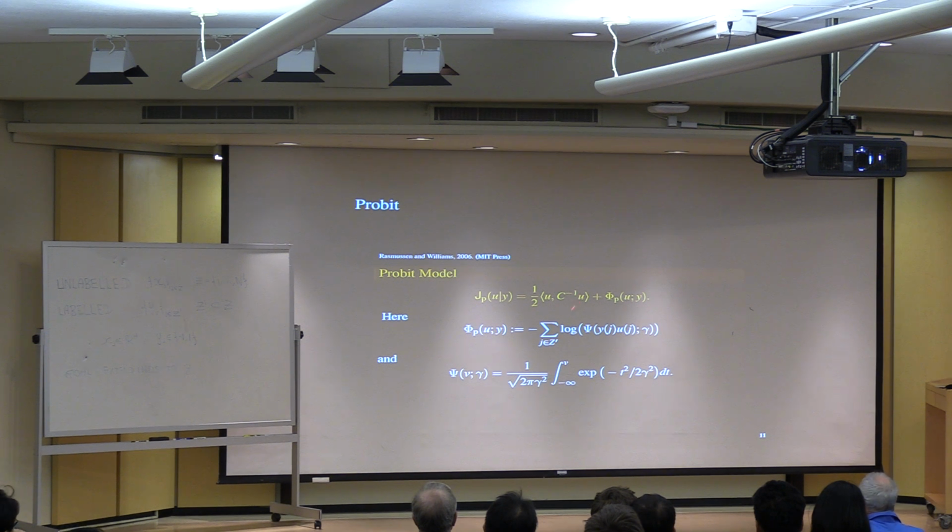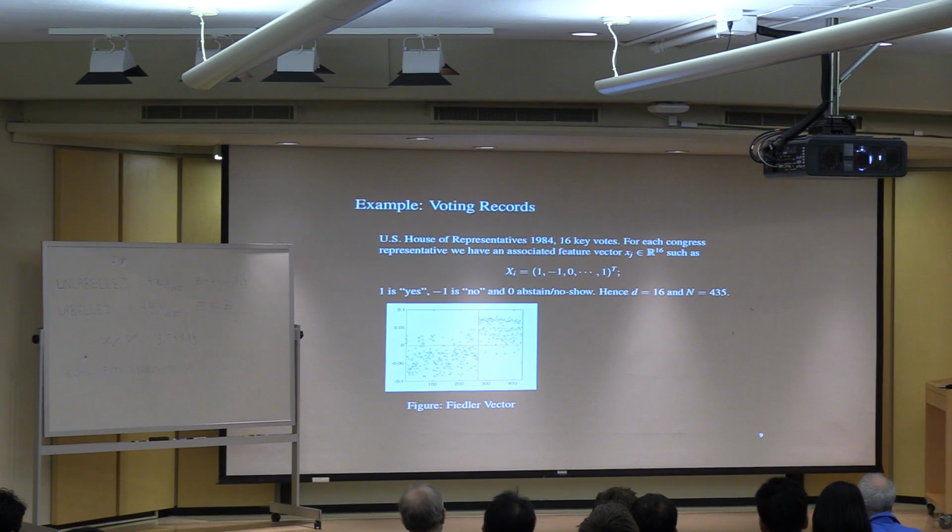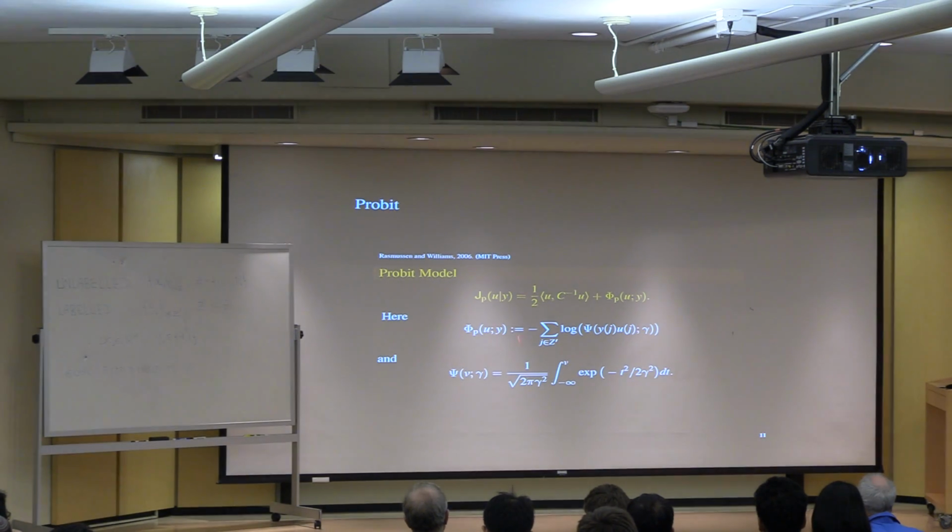There's a lot to take in here, and let me just summarize it in words before we go through the details. There are 2 terms. We're going to minimize this objective function J_p over a real valued variable u. And based on what I've shown you in these examples, we can see that thresholding the real valued variable by its sign is related to clustering. I'm going to optimize this objective function and use the sign of u to cluster.